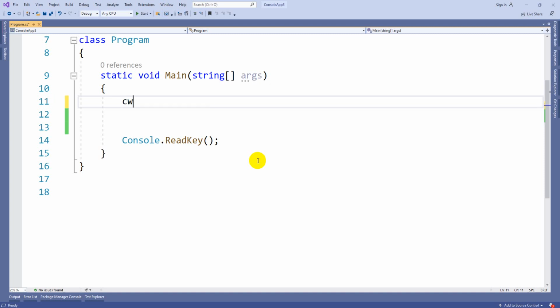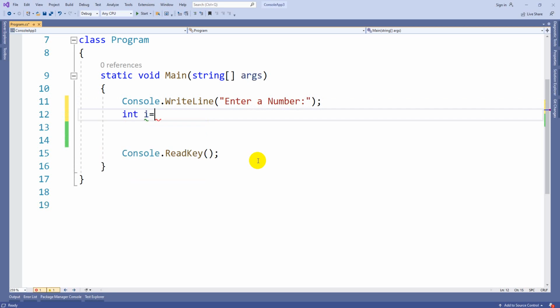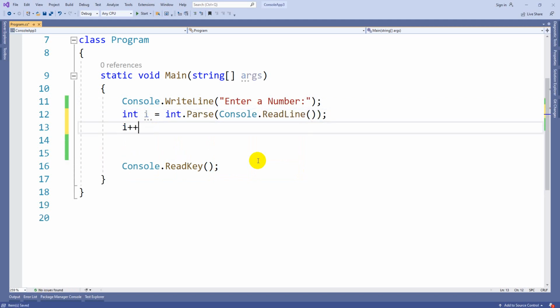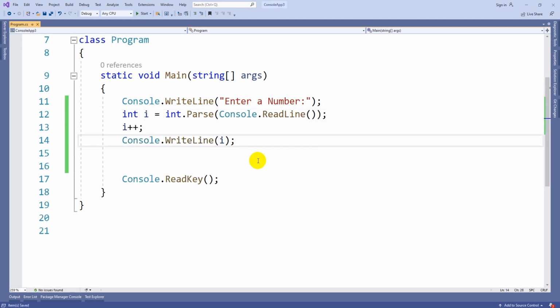So the same example again. Enter a number. int i is equal to int.Parse(Console.ReadLine()). Then i++ and Console.WriteLine(i).